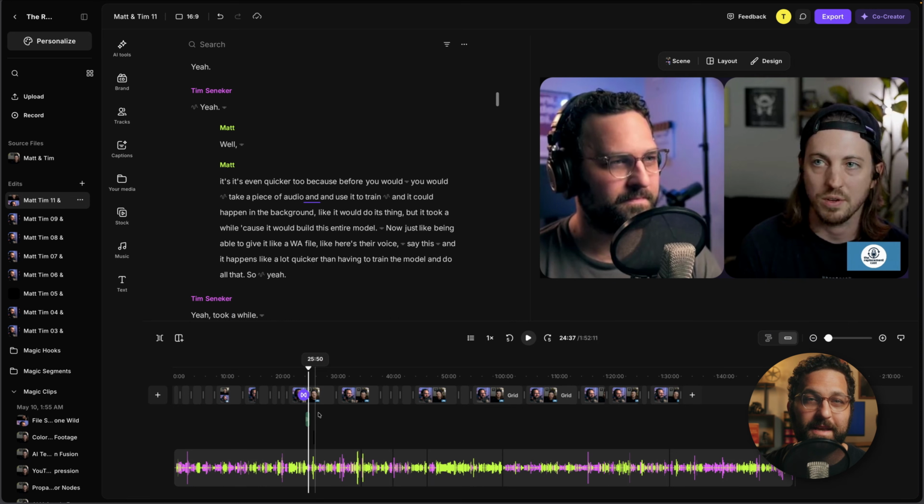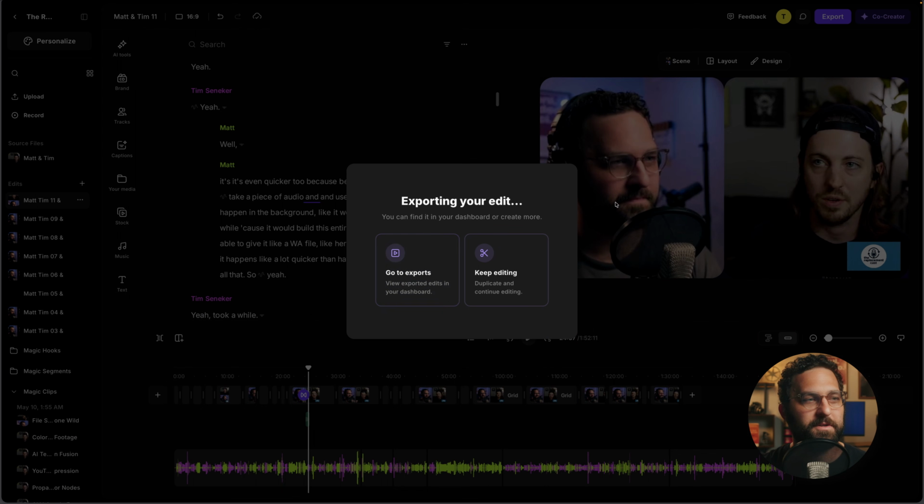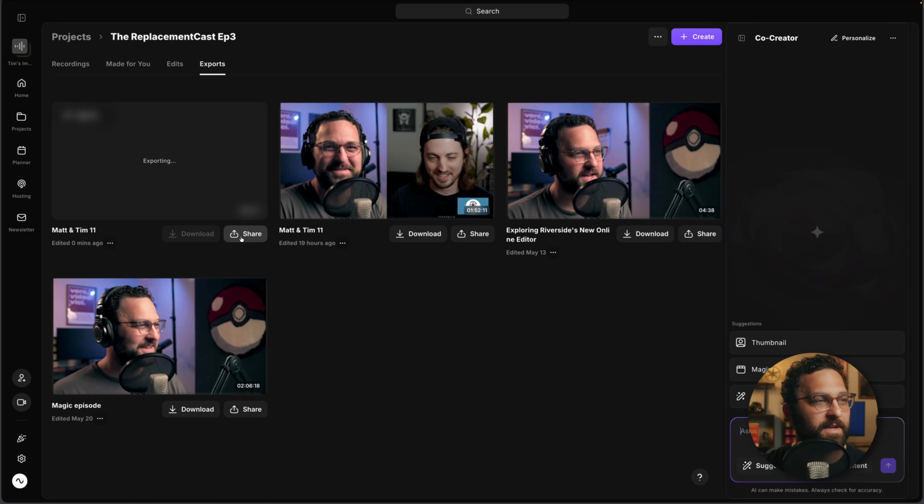If you're ready to finalize the video, you can go ahead up here to click export, and here you can choose the essential settings you need, like the video quality, whether or not you want a watermark, if you want the audio levels normalized, which means you want them leveled out to a specific spot, and remove background noise if you don't have Magic Audio on already. And then you can go ahead and hit export video, and that'll send it to the exports page in your project. So we can go to that exports page here, and once that's done and exported, you can hit share